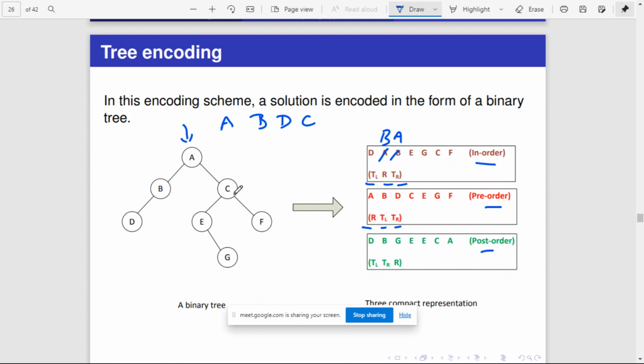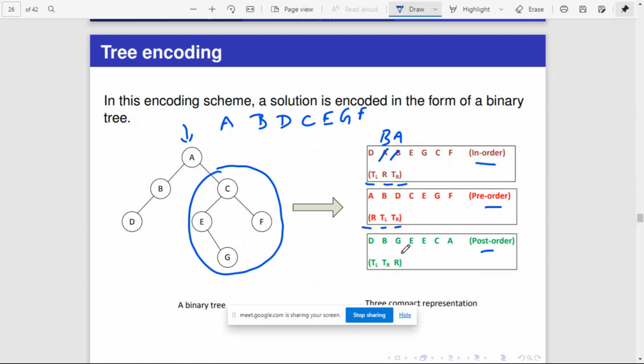Then go to its left, because after root we have to display the left, right? Then if you see E, is also a root node? Yes, E is also a root. Okay. Then go to its left, there is no left. Now its root is done, then its right should be visited. Okay, so G, right? If you take this particular part, its root is visited, its left is visited, then its right should be visited, that is F. So this is the order in which pre-order works: A, B, D, C, E, F, G.